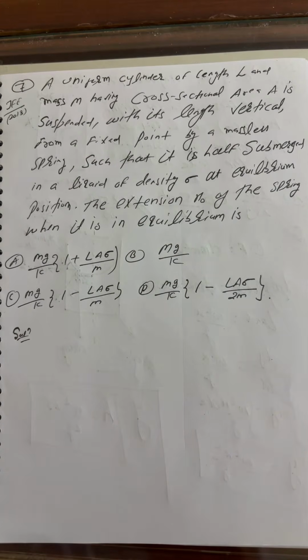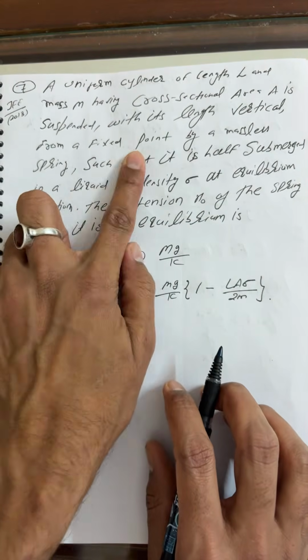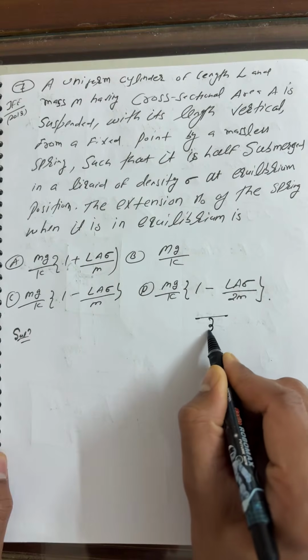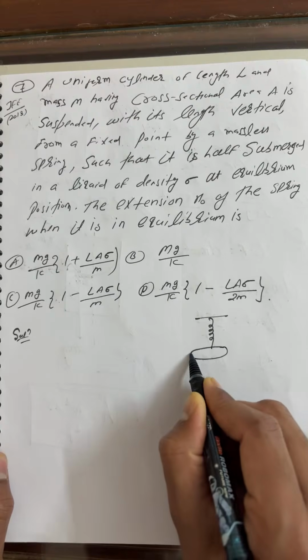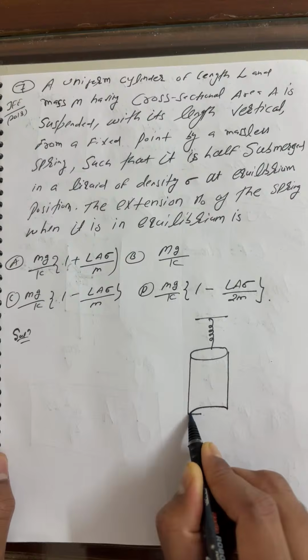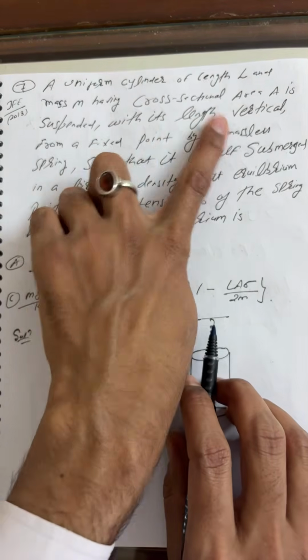A uniform cylinder of length L and mass M, having cross-sectional area A, is suspended with its length vertical from a fixed point. This is a spring, and this is a cylinder suspended from it. So I can say it is suspended with its length